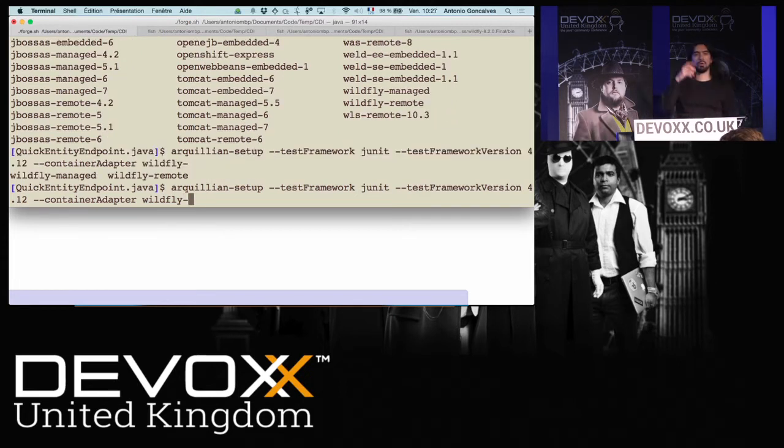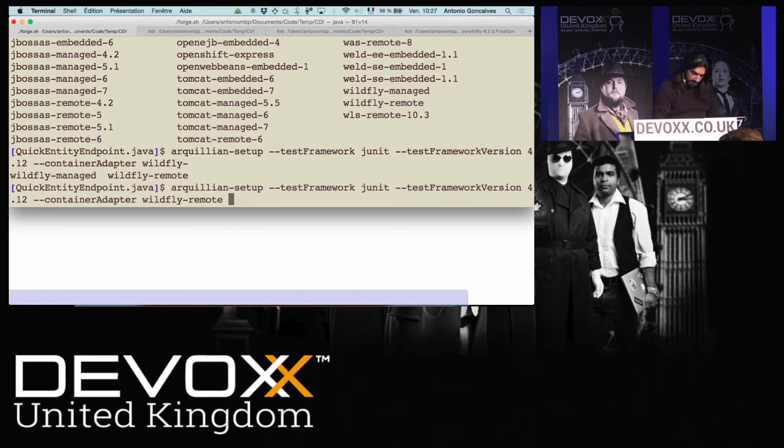Wildfly remote. So Arquillian comes in different modes. Either Arquillian can start your app server, deploy the code, test it, undeploy, and stop the server. But what I like to do is use a remote mode. So I'm going to start Wildfly in a different process, and Arquillian will take my code, package it, deploy it in a running Wildfly, test it, and undeploy it. And Wildfly will be up and running. So that's how I use it, and also it saves time. It doesn't need to start the container, shut it down, start, shut down.